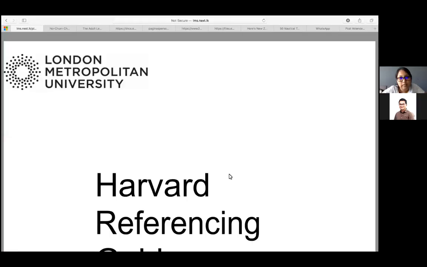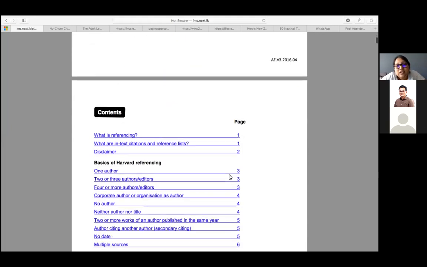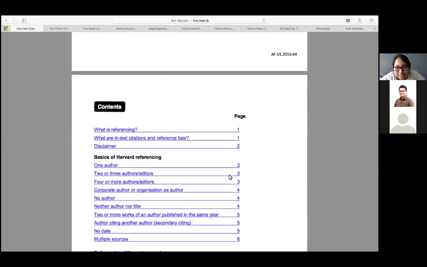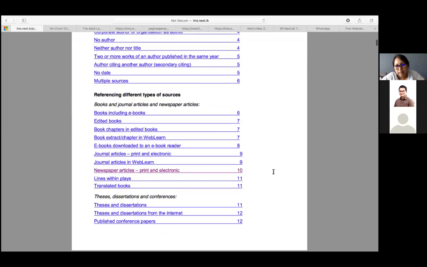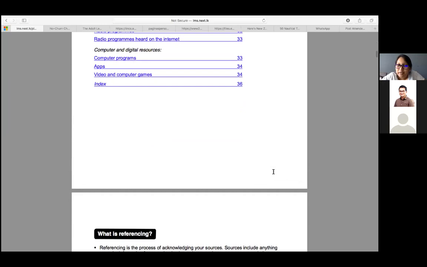Okay, so this is what's in your Moodle. It has everything that you will ever need. I am not going to take you through the whole thing because it would be like taking you through a dictionary, but I'll just show you the key stuff. But seriously, guys, how many pages is this? Wow, it's a lot of pages, 36 pages or more. But I really think, at least if you can skim through